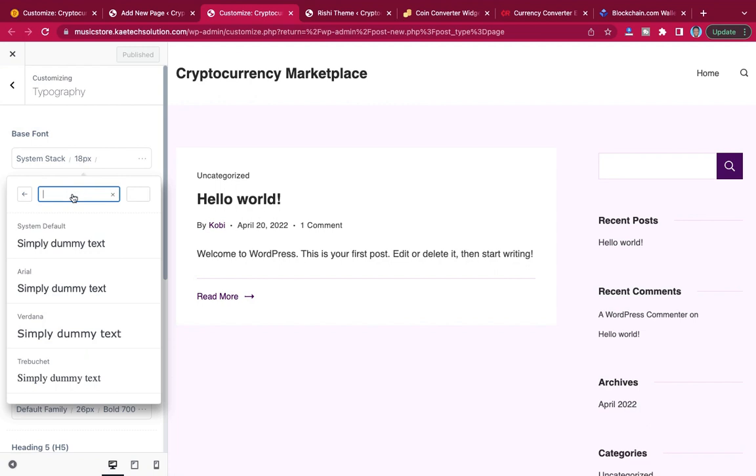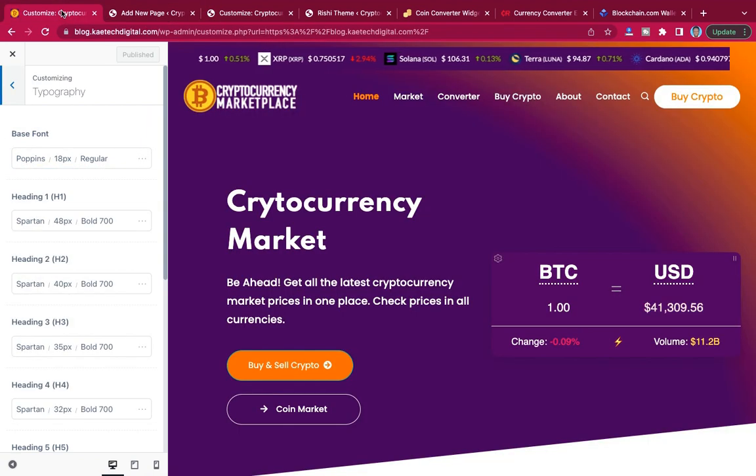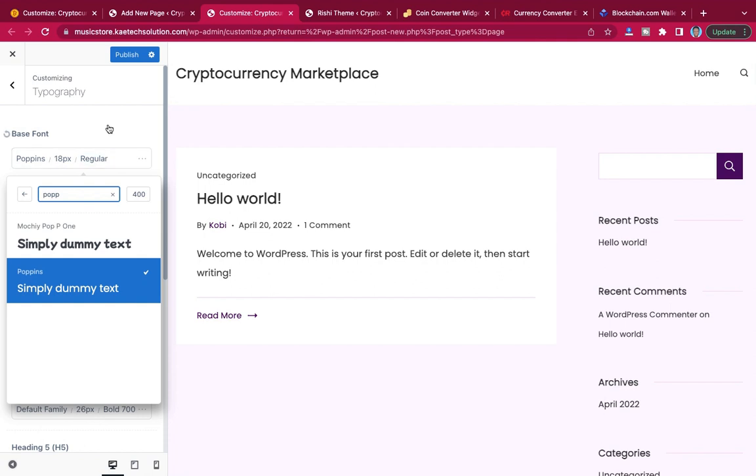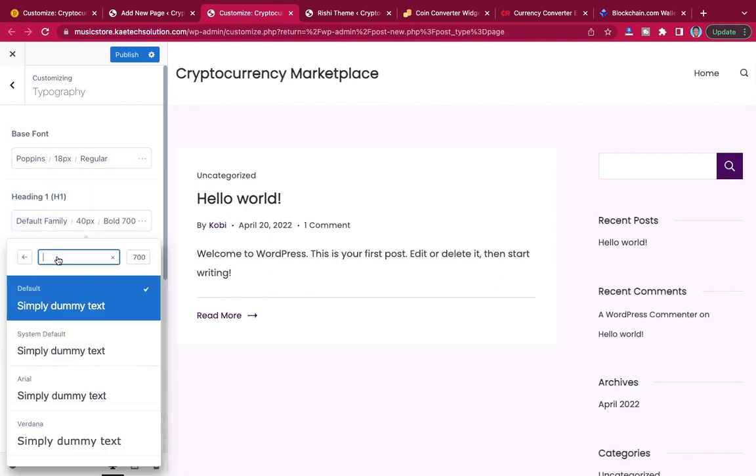So we're going to look for Poppins. Okay, so look for Poppins. Okay, and then let me see. 18 regular, okay, 48 bold, 700. Okay, so that is what this one. The heading one is